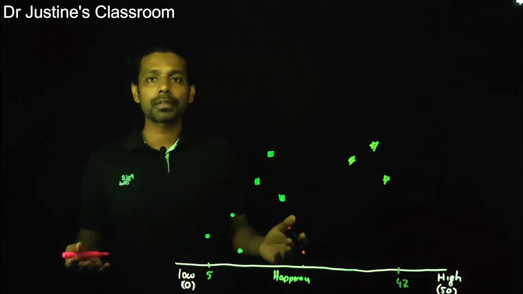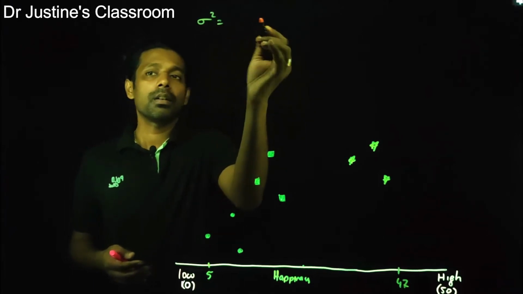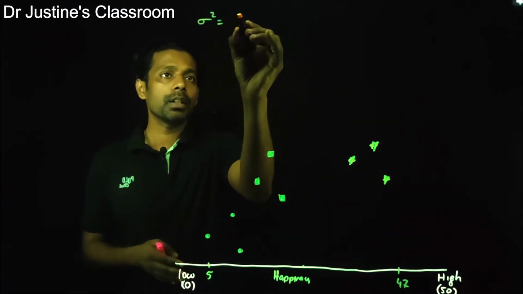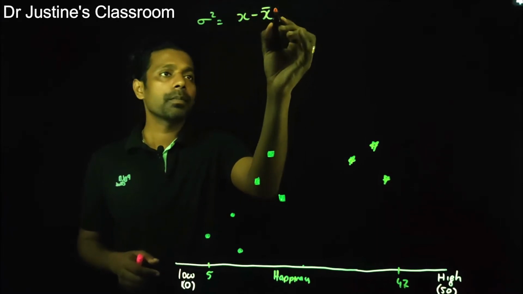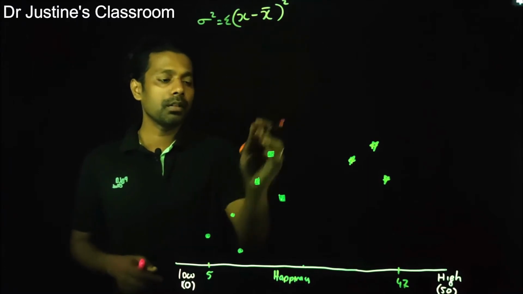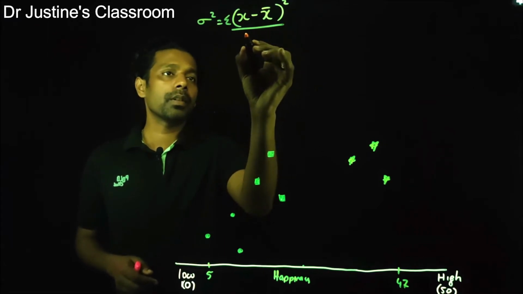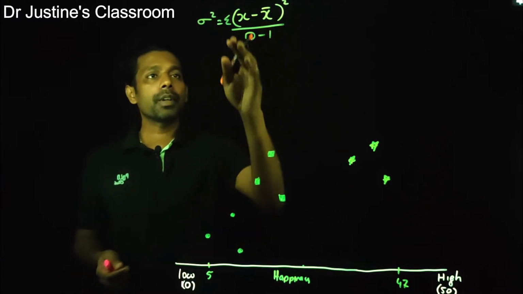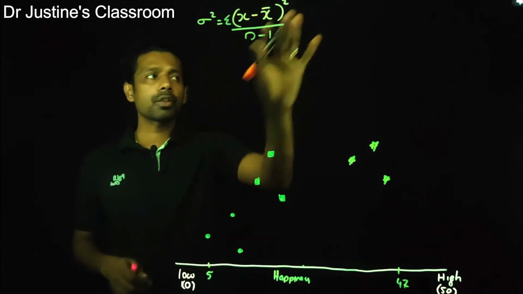Now, what's the equation of variance? Variance, the standard deviation squared, is: each value has to be subtracted from the mean of the values and squared, then find the sum of this for each value and take the average of it, based on n minus 1. If you find the square root of it, that's the standard deviation, and if you square it without the square root, then it's the variance of the data, the usual equation for variance.